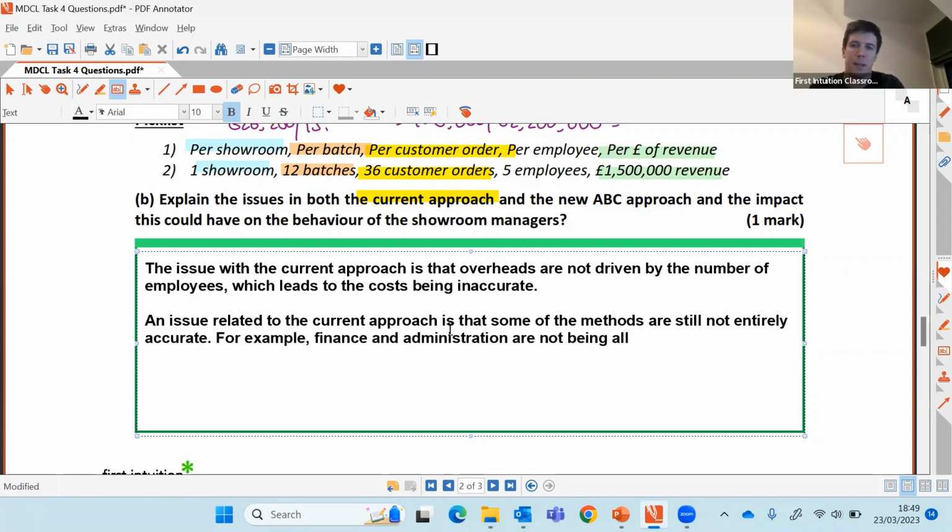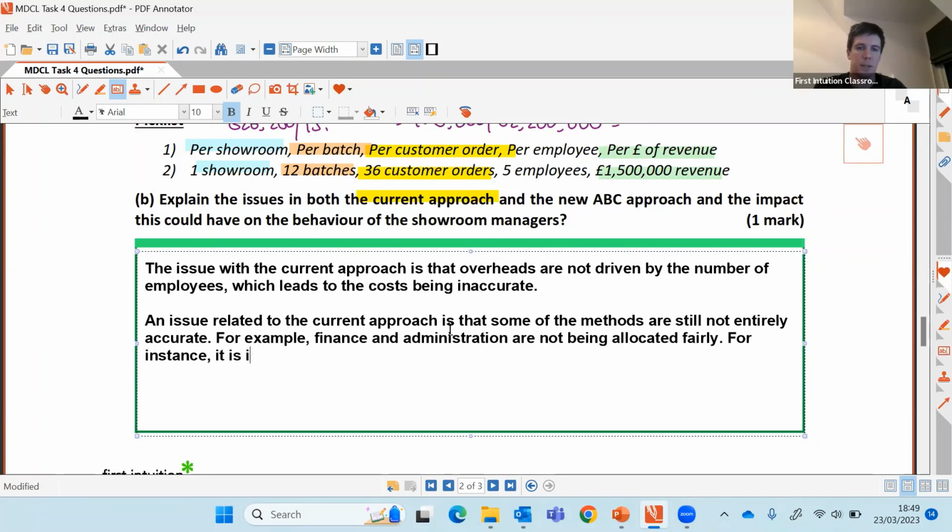Not allocated there. What I might want to do, probably not for a mark, but let's disregard that and do a proper answer, is further explain that. So I don't like the fact that they're done like they are. It's not fair. For instance,